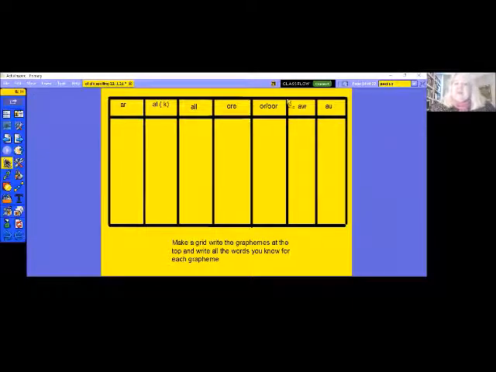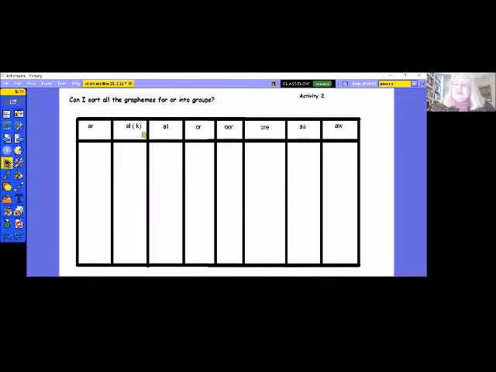The other thing I'm thinking, you could do this on a big sheet of paper. This is the one thing I'd like you to do perhaps during the week. You don't necessarily have to do that today as well as the other activity, is to make, and I've put this on Google Classroom. Now let's just look at this for a second. This is a grapheme grid of all the OR phonemes. Do you remember all the spellings? These are the ones that we've done today,